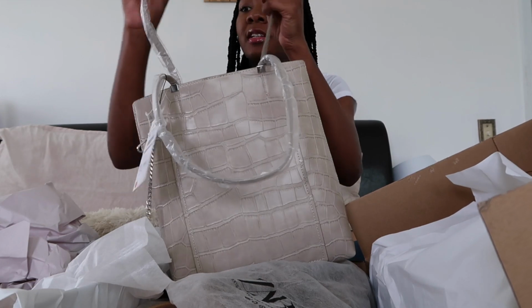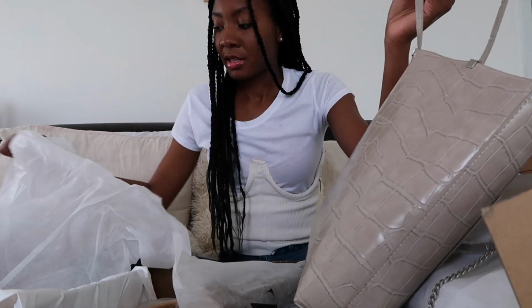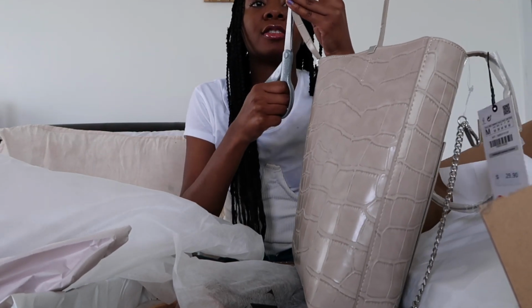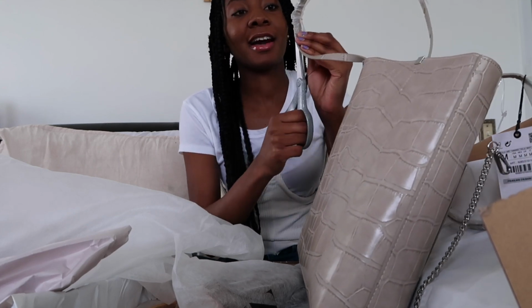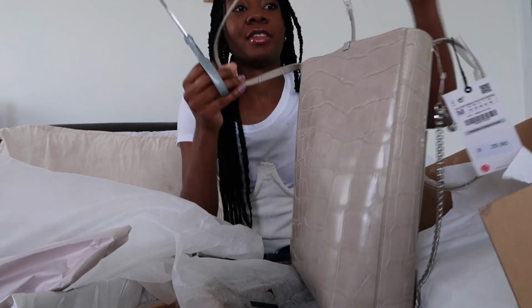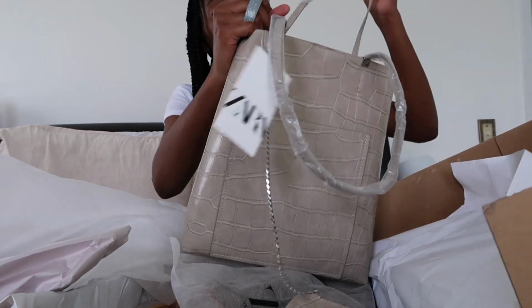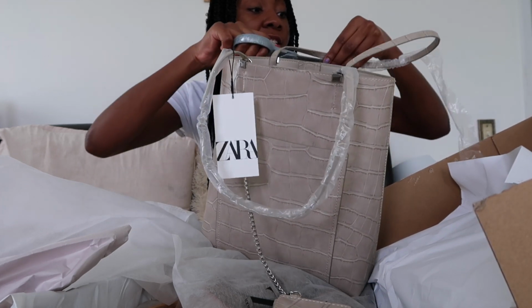And oh my gosh, scissors. Oh my gosh, this is so cute. I want more of their purses now. Like, I'm officially hooked off of this one purse because it's just so cute. Like, I love the look of it. Like, I love animal print in general, but this is just so